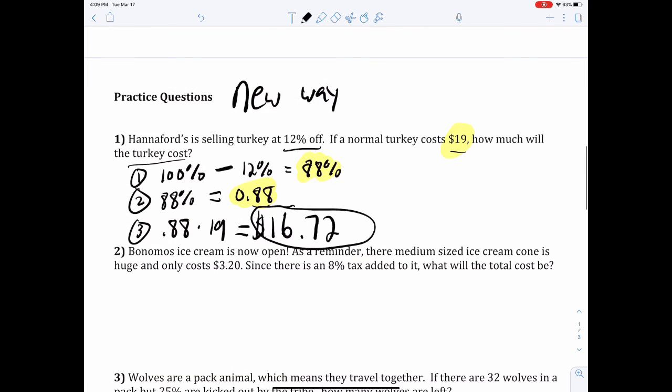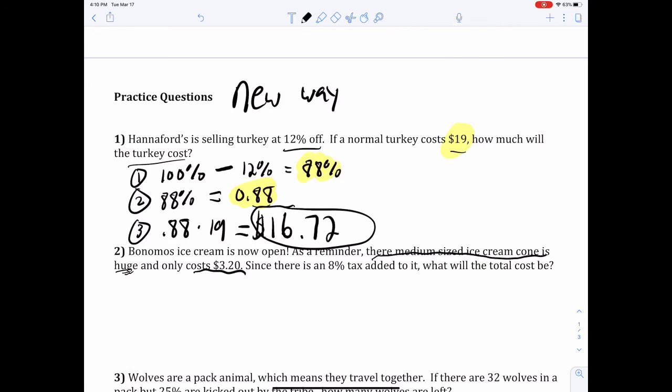All right, let's look at this one here. I was driving by a deserted Westmoreland yesterday, and Bonomo's is open, so that's pretty sweet. As a reminder, if you haven't been to Bonomo's, it's great. Their medium-sized ice cream cone is huge,